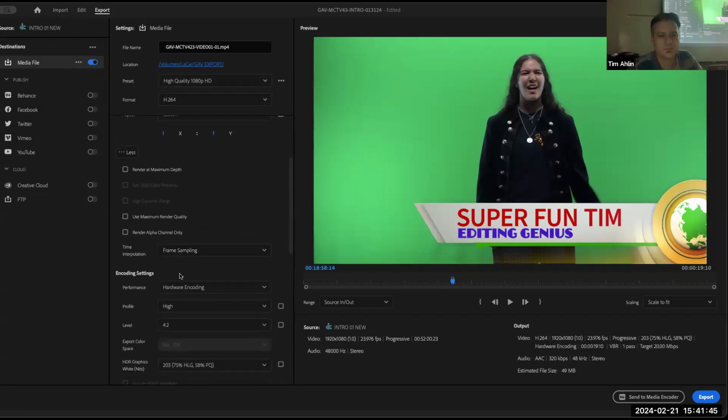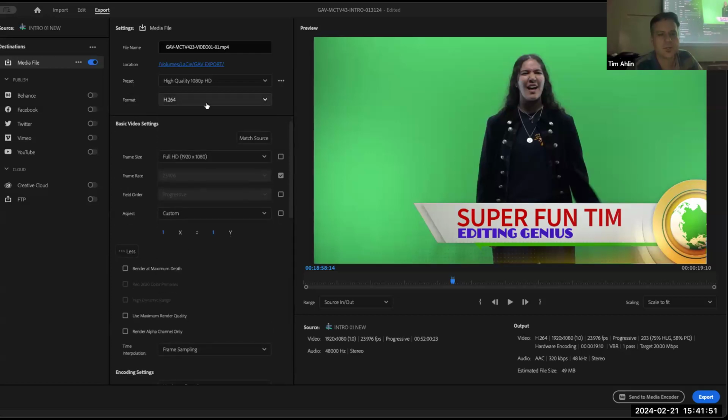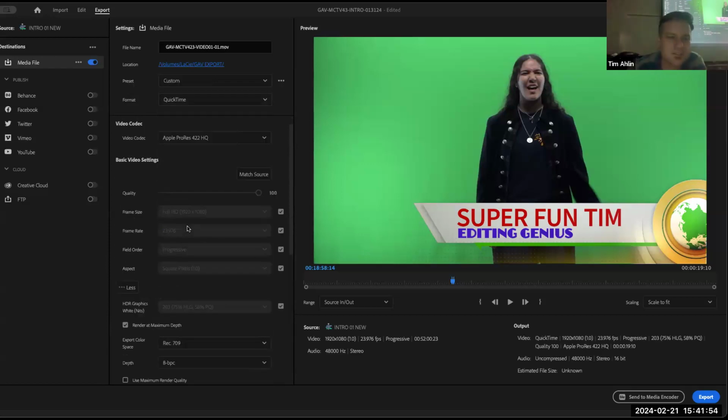Let's do more. Our codec. Okay, let's go back here. I'm just working as an example; feel free to mess around. But QuickTime, Apple ProRes, okay? Apple gives us a bunch of different codecs you can do it in. Uncompressed is going to give you the biggest file. What compression is, is taking your giant file, right? The RED files that I gave everybody were 300 gigabytes. You want to turn that edited piece into something that's not 300 gigabytes. So we're going to have to compress, and the different compressions, we can do more research, but basically the different compressions will give us different outputs.